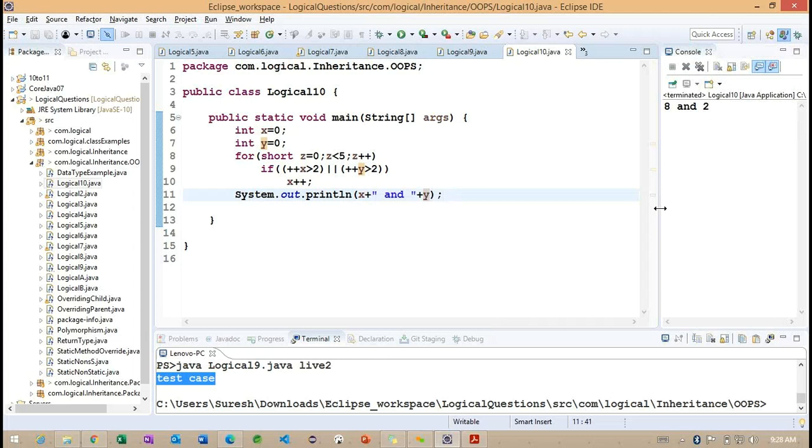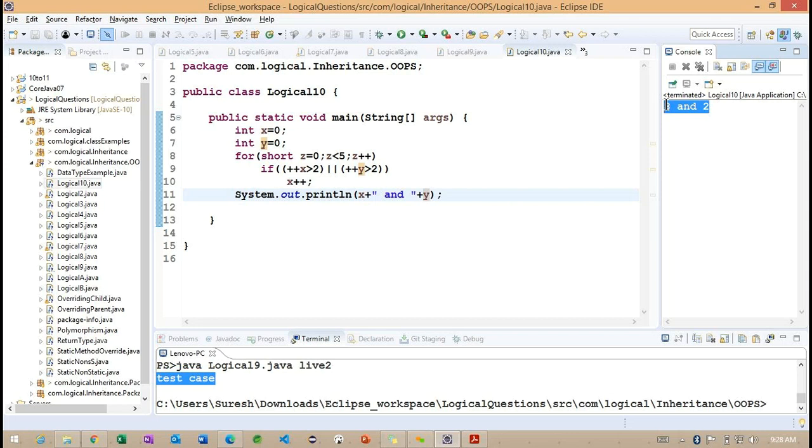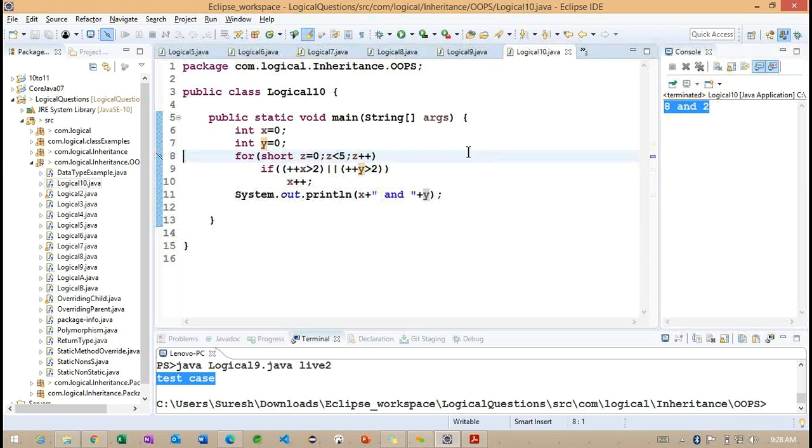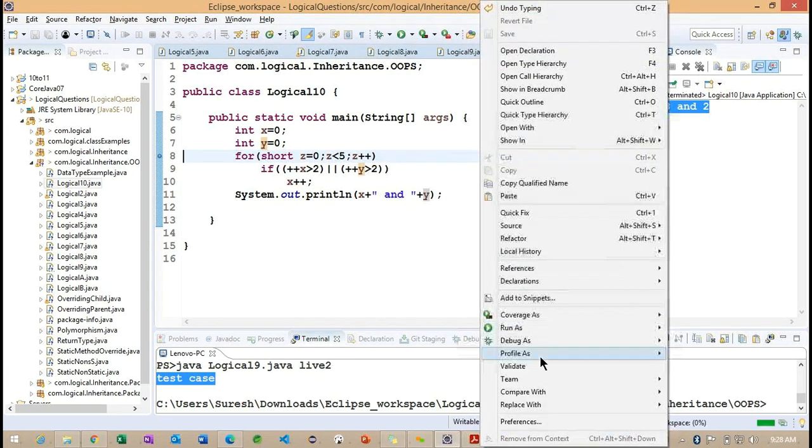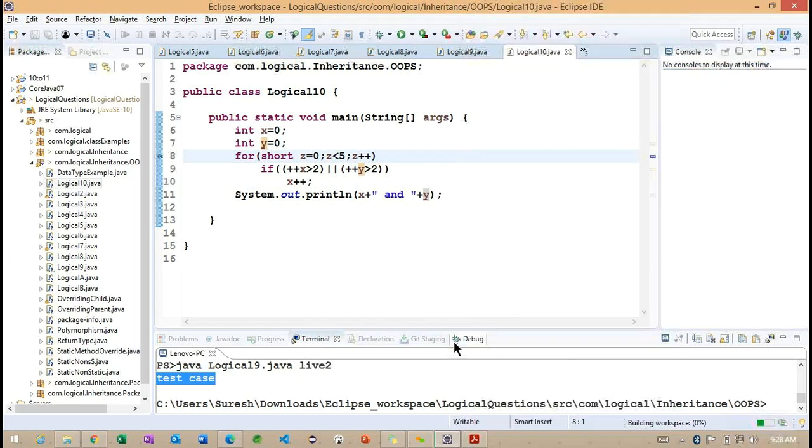So now you can think here. The x value we are getting is 8 and the y value we are getting is 2. So why are we getting this 8 and 2? So that you need to think. Just write a simple example and try to increment the value, how it is changing. Observe, if I run the same example in debug mode, we'll have an understanding of this particular simple example, how it is working internally.